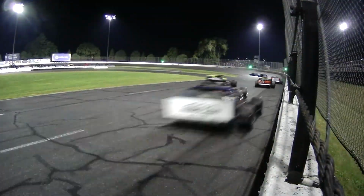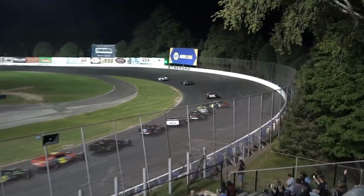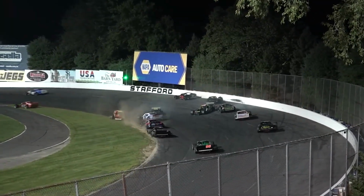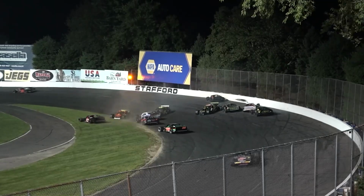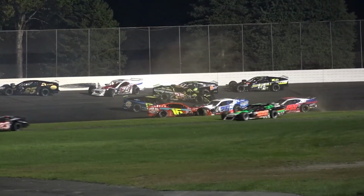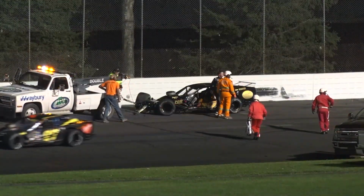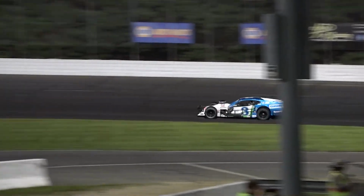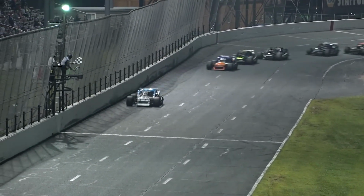Checkered flag of the season and 3rd in his SK career here at Stafford. Marcotte in trouble, goes around, had a little bit of a help from Flannery. Championship point leader Andrew Moeller made contact, had no place to go to the outside wall. Back on top of his game, and he earned every turn and every lap. Troy Talman is heading to Napa Victory Lane,